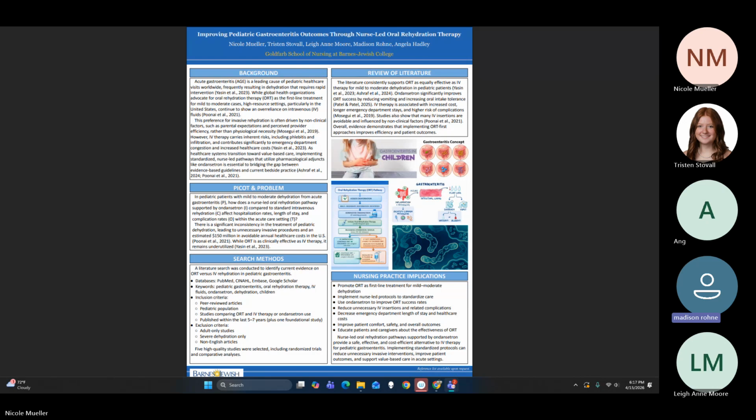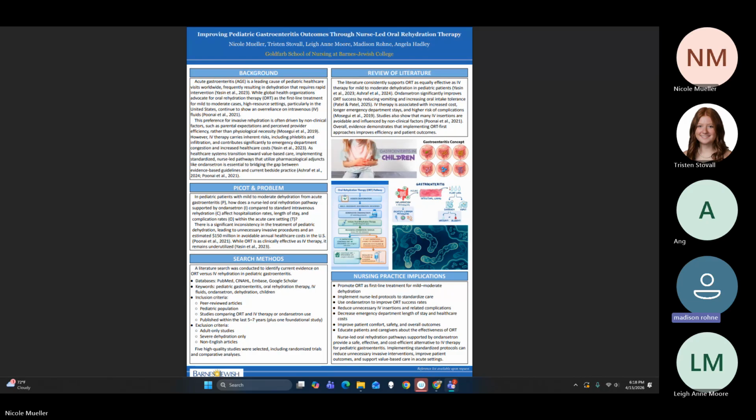Talking about the implementation and sustainability of it all, moving forward, the goal isn't just to know the research, but to also change the culture of the emergency department. For policy change, we can advocate for integration of ORT and ondansetron into standing orders. This empowers nurses to initiate the care the moment the child is triaged, rather than waiting for a physician's order